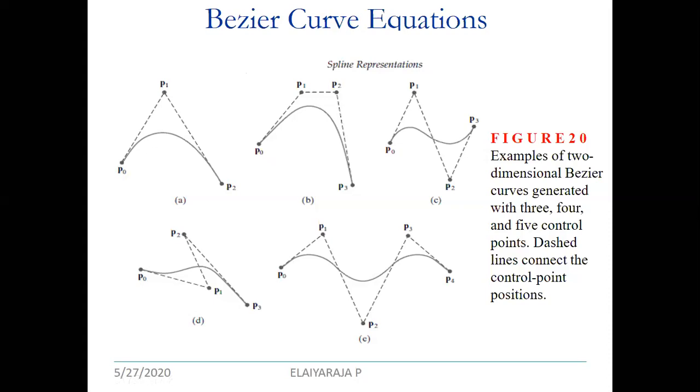So the degree of polynomial will be n minus 1. N says the number of control points, where at this point you have P0, P1 and P2. We have three control points. So your n minus 1, the degree of polynomial, is going to be 2, which decides what polynomial equation you are going to use. Either you are going to use linear or cubic or quadratic or quintic.